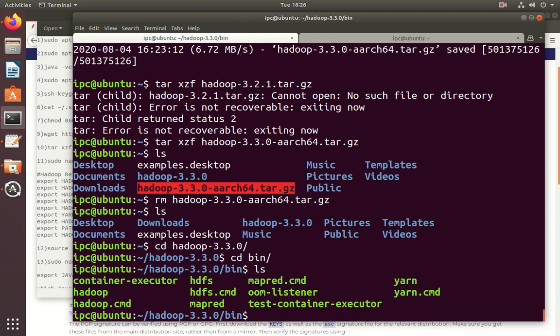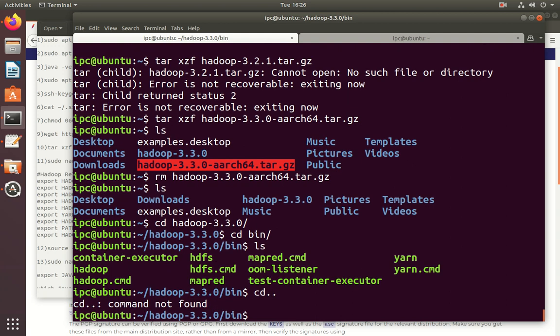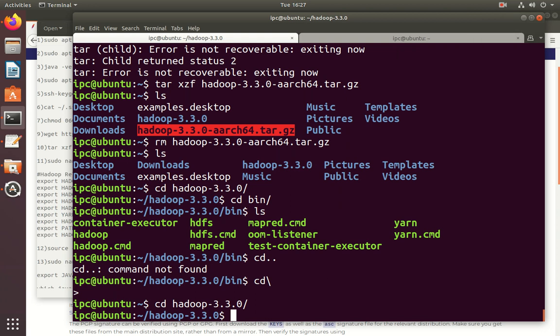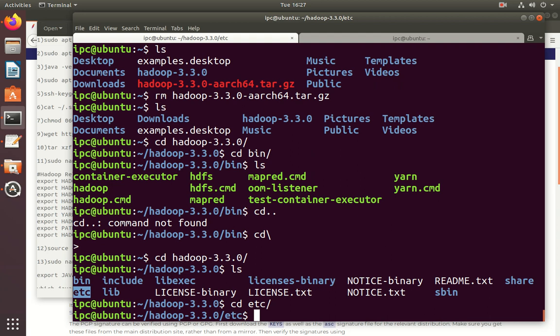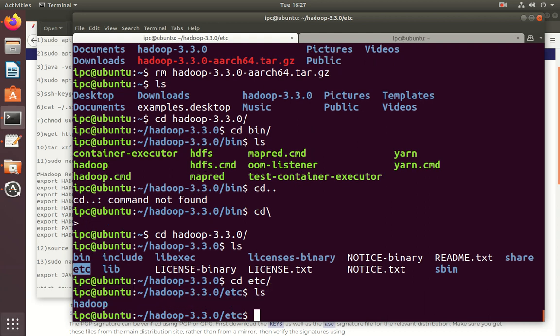Now we have some configuration files inside the lib also. We can find the configuration files in the etc directory. We have a subfolder, hadoop.